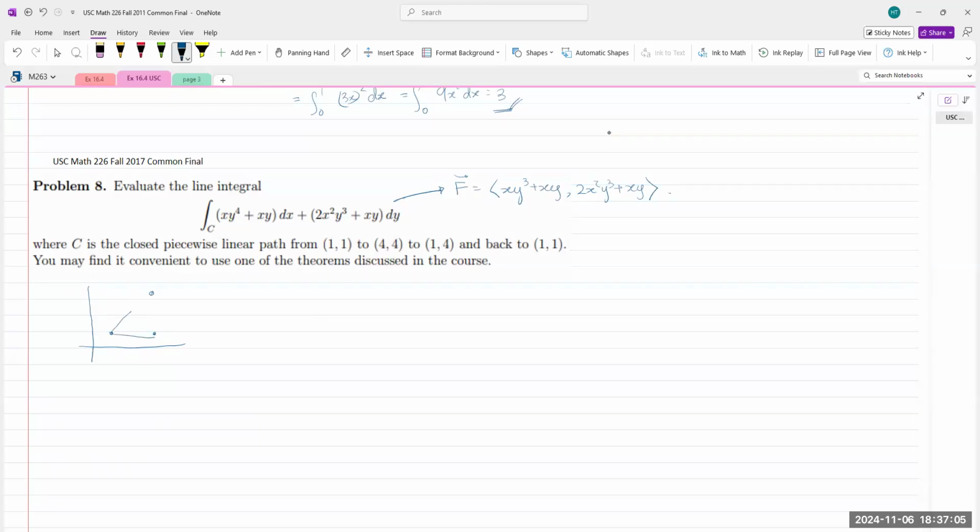Oh, this is clockwise orientation. So the integral over the clockwise orientation of C of F dot dr equals the opposite of the counterclockwise orientation,